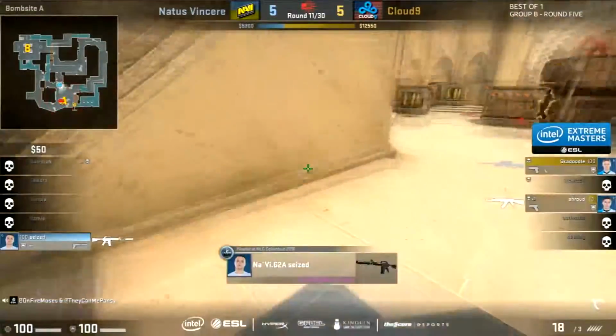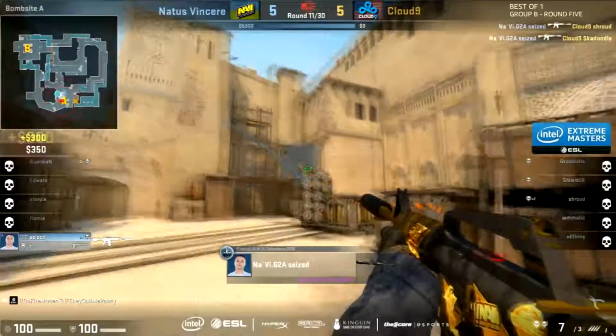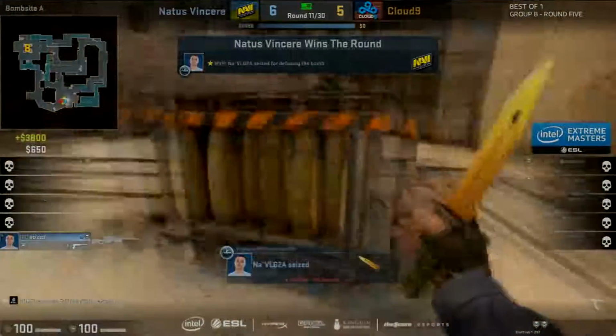Skadoodle still trying to find the timing on this peek. That smoke, it's going to make things a little bit difficult, but Seized has a chance here. Oh, he gets it! What? He gets it. The Molotov misses. Oh, Skadoodle had the wrong information on where the plant was. So he actually overexposes himself to throw a Molotov in a position where the bomb isn't even...